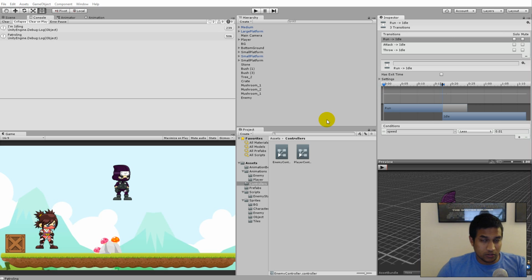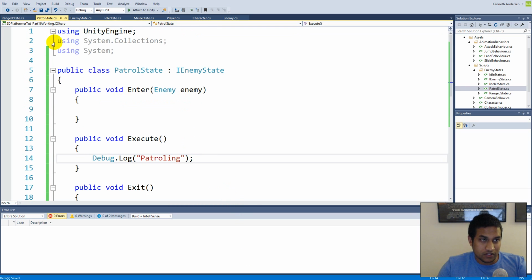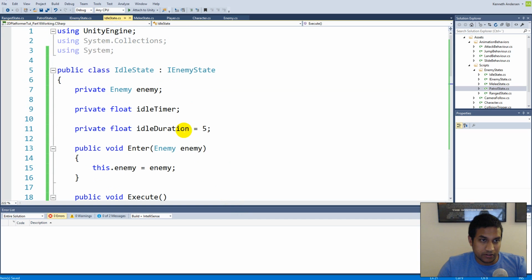So when he's patrolling, we will also like to be able to go back to idle. So basically she's going to patrol back and forth, and then at some point she gets tired of walking, so she just stops and idles for a while, and then she goes back to patrol again, unless she of course sees the player and wants to kill him. So let's make sure that we can go from patrol back into idle by going to our script. And the functionality we just did in idle with the timer here, well, we need to do the exact same thing inside a